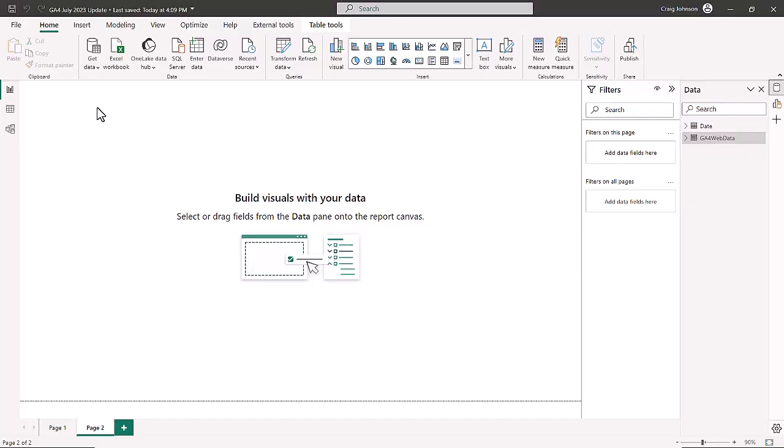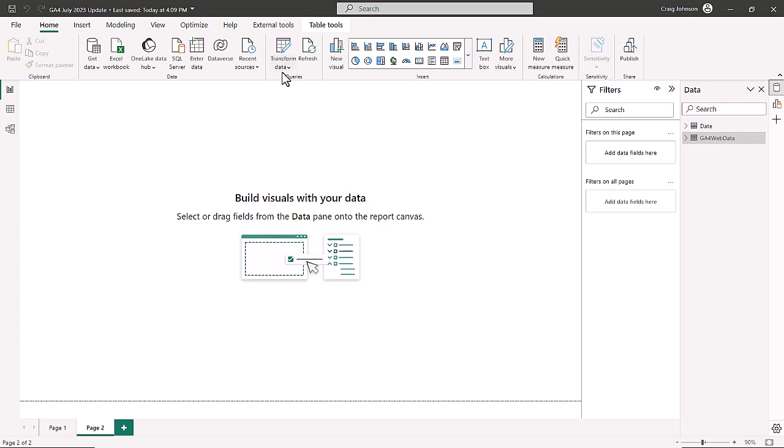Let's look at some MCode in Power BI. Back in Power BI, today we take a look at the basics of MCode, which is part of the Power Query process in Power BI. We recently did a video on Power Query, but if you want to look at the basics of MCode,